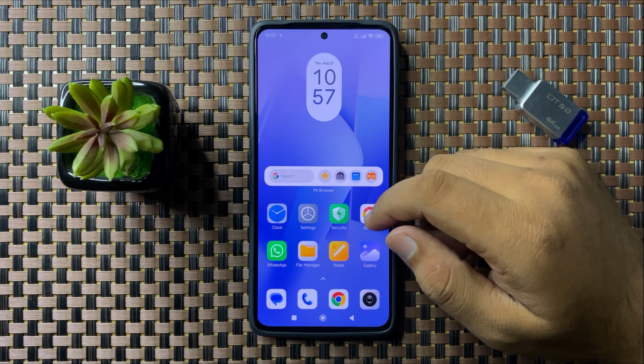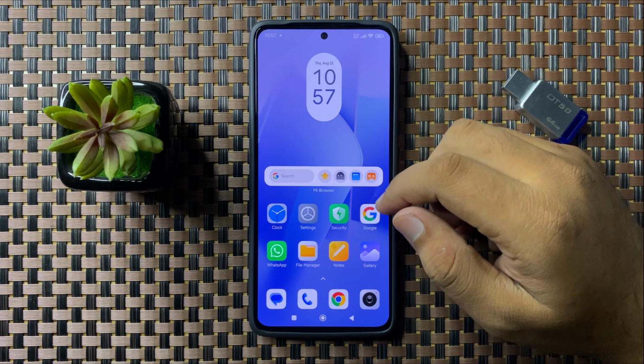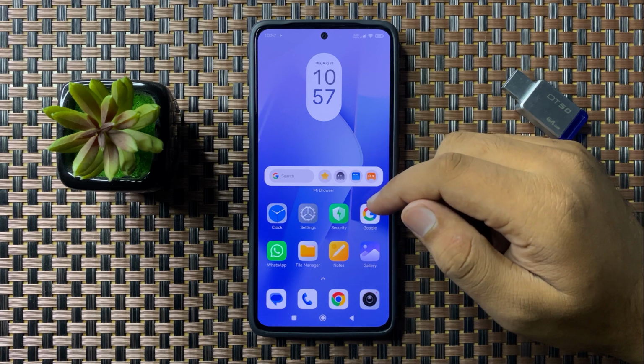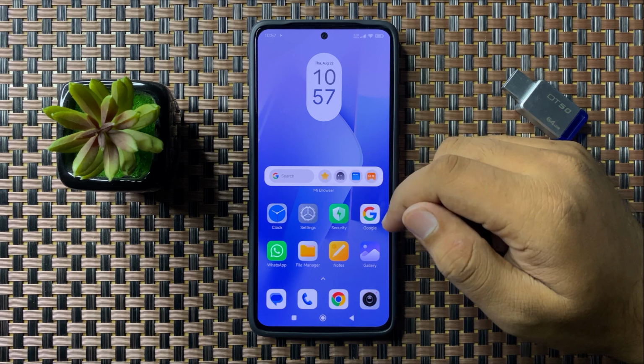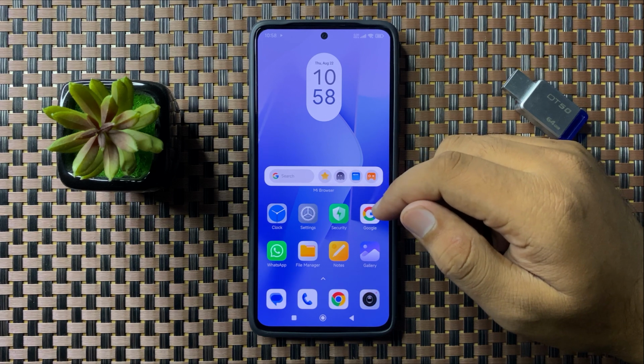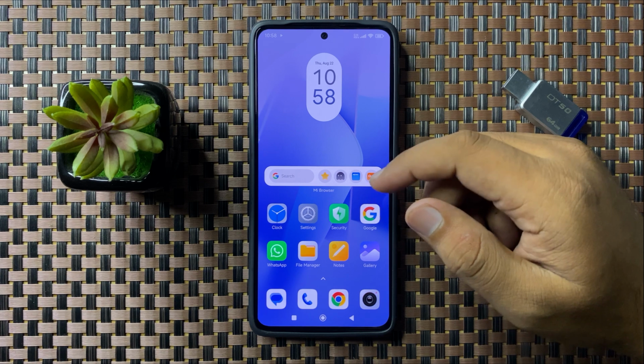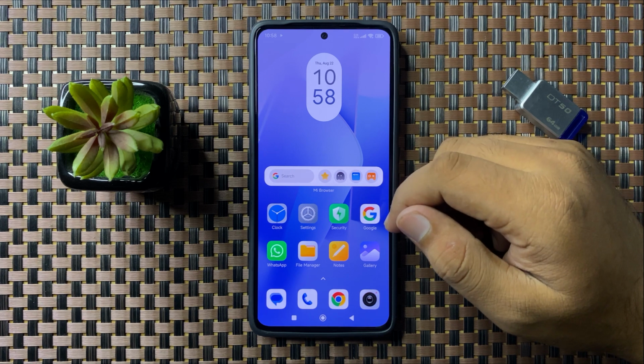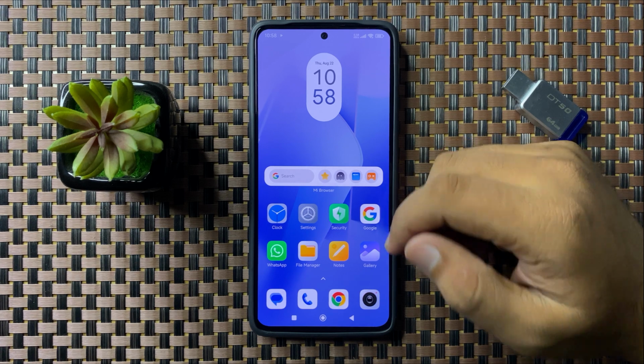But if you are still facing the issue, and if you have installed any camera lens protector, then remove that protector, and after removing the protector, clean the camera lens with a clean cloth, and then the camera distortion issue will be fixed. But if you are still facing the issue, then open camera,